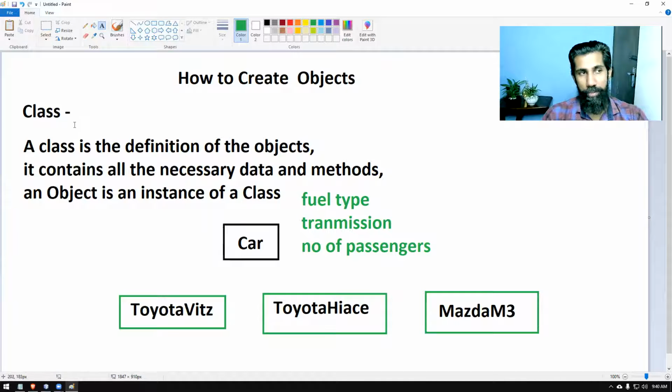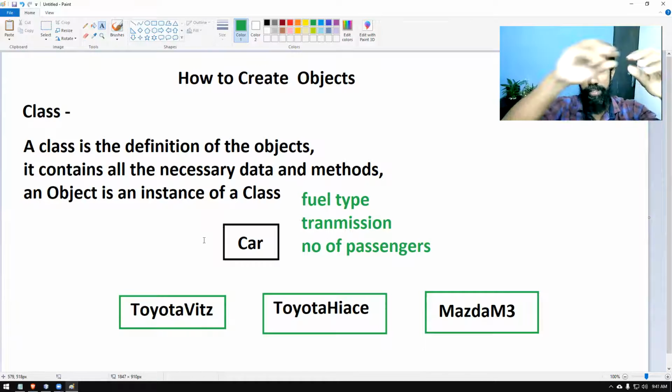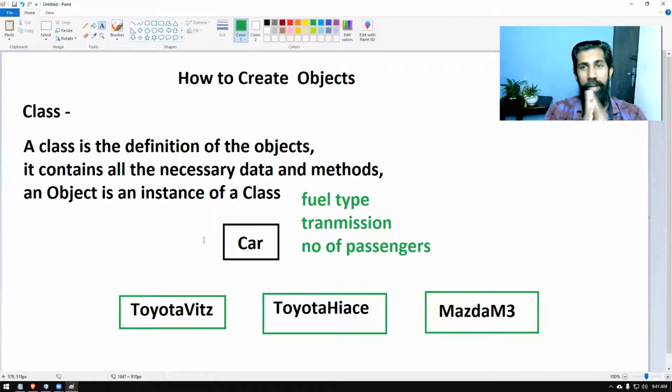If you want to create objects, definitely we need to have the factory or the manufacturer. Without a manufacturer, you can't manufacture the products. So the manufacturer will define what the object is going to be and how the object is going to be. If you take an object, apart from the identity, it has two things: data and methods. Data define what the object is, methods define what the object can do. By putting this data and methods together in a class, we can create our objects.